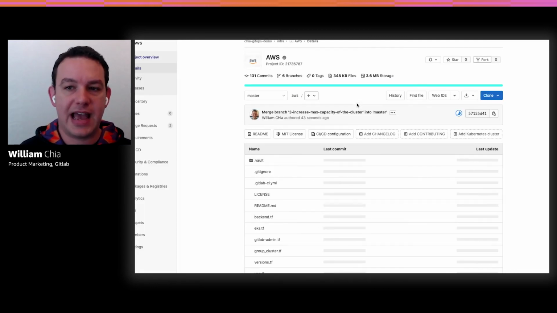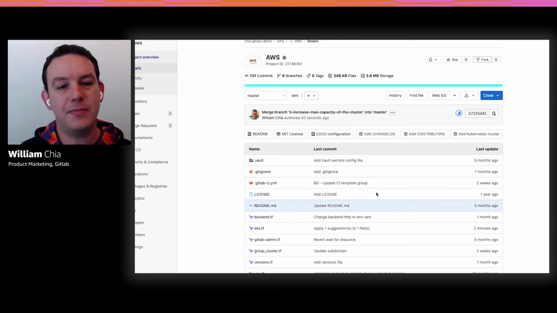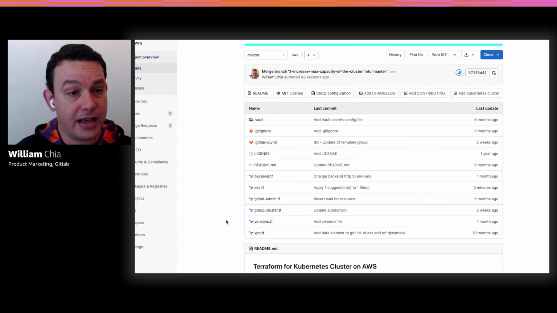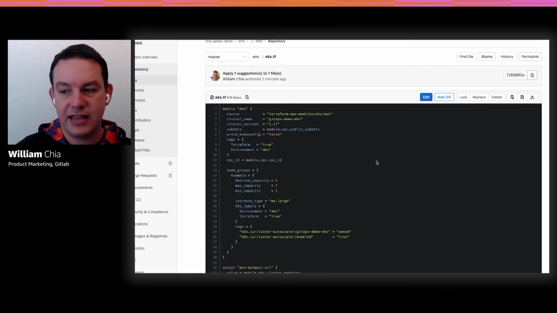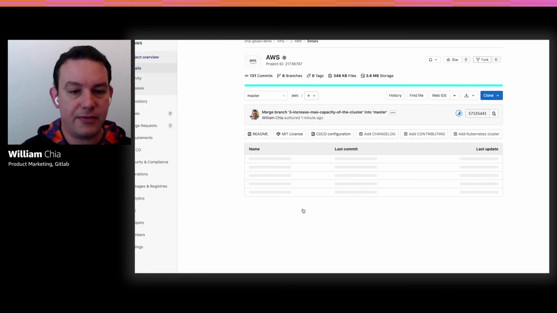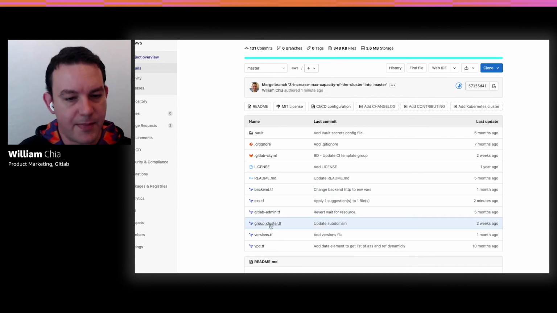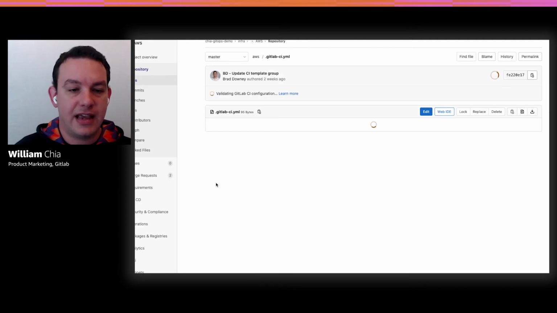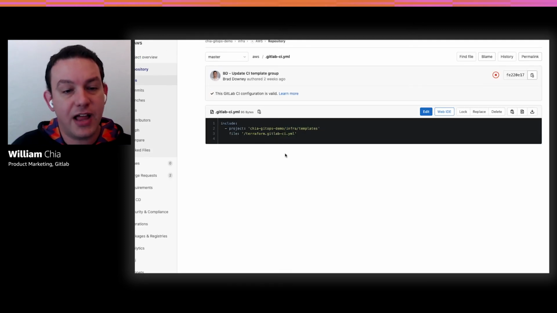So the first thing, as promised, you saw the workflow go back and forth, but let's just take a look at a little bit of the code. So here in my AWS infrastructure project, I have a few Terraform files. We saw previously the EKS file that we've been working with, but I have a few other files in here, things to set the back end and some cluster administration to connect this up to GitLab. And then here's my pipeline for the AWS branch. You can see it's just 2 lines.